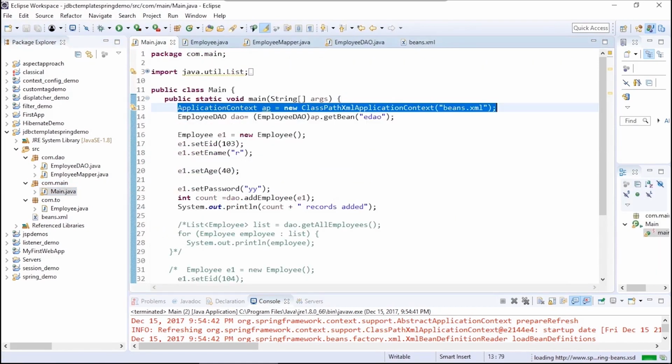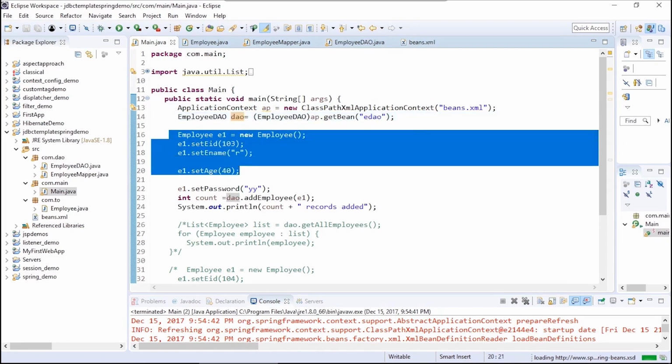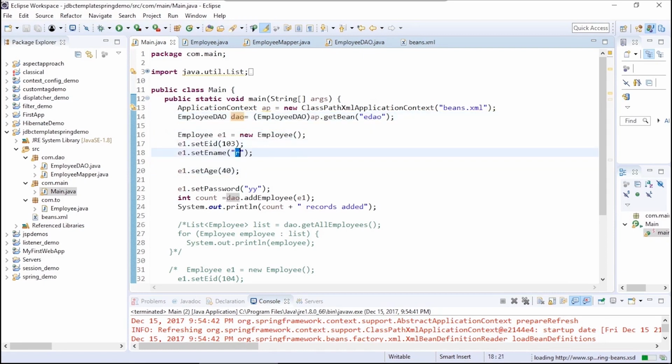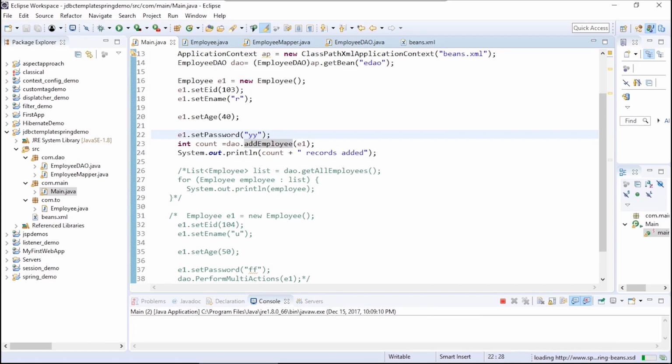Here we have created an object of application context, so we can load the beans.xml, and we are also getting the object injected using dependency injection of Spring, which is the DAO class object. We are then creating a new employee object with an employee ID, name, age, password. We are calling the add employee method and passing the employee object and simply printing this is the list of records that have been added.